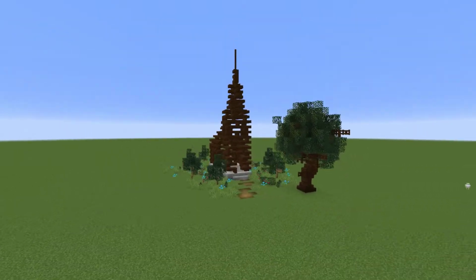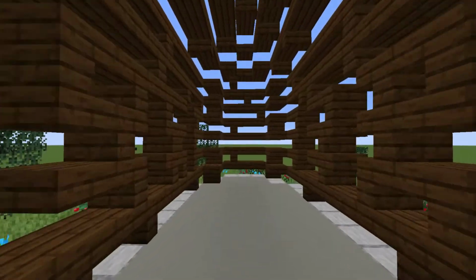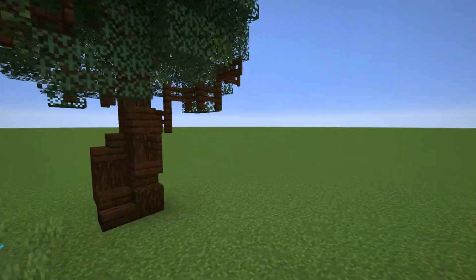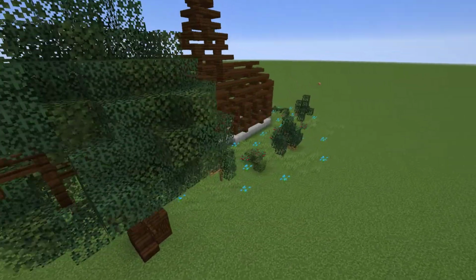Today I will show you some building. Here in front of me I have got a church. You might think that it is a bit peculiar. Well, yeah, for sure. It is made only of slabs and stairs, but it is actually based on a real